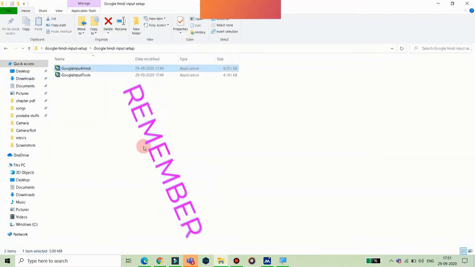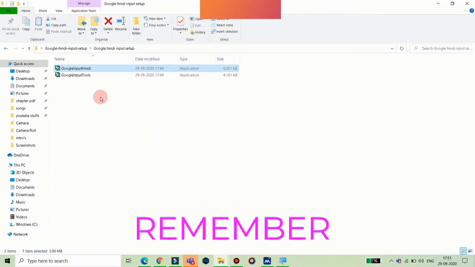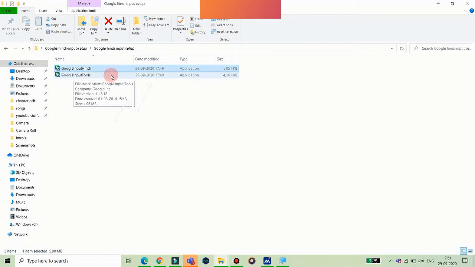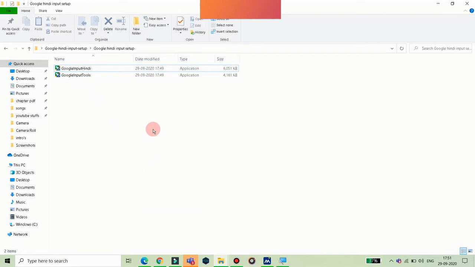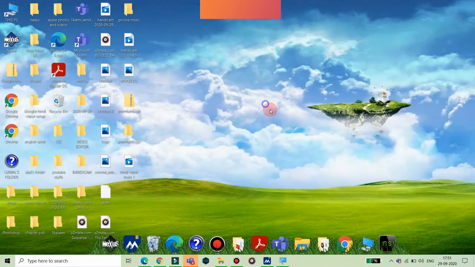And remember guys, first you need to double click on the Google input tools and open it, and then second you need to open Google input Hindi, because if you open Google input Hindi first, you cannot type in Hindi. So our Hindi input tools has been downloaded.